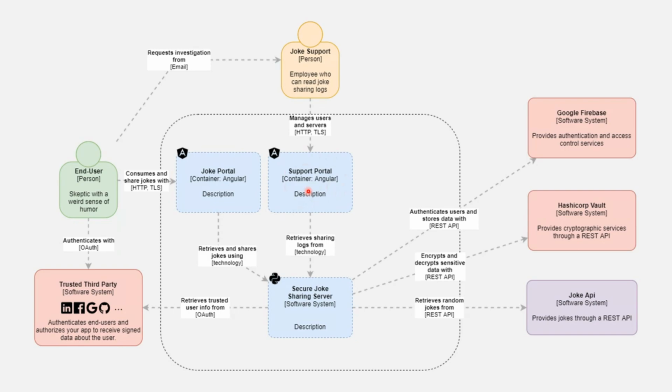Now, we're obviously not going to implement all of this because we can't in the time we have, but we're going to look specifically at this interaction here, the end user and the joke portal, and how the joke portal is sent from the server to the user. So I'm just going to quit this for a second, and we're going to look at a super simple solution, which is made possible by Firebase, which is Google's solution for easy authentication and